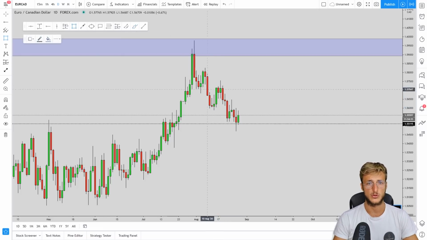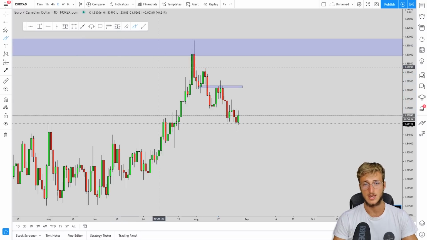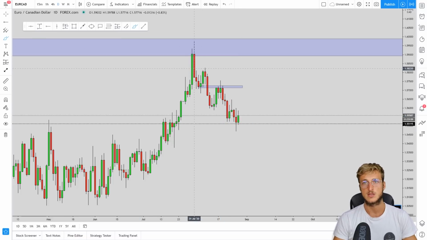Then again, we spoke about EURCAD after the market had completed this retracement, and we said that from here, we wanted to see the market give us another impulse to the downside for the creation of this impulse, correction, and impulse pattern to the downside, which is exactly what the market did. And obviously we capitalized on this move to the downside with students. And then again, we spoke about EURCAD after this impulse and correction, explaining why from here we wanted to see another move to the downside to go and test exactly this monthly structure, which again is exactly what the market did. And I will link all this previous analysis in the description so you can go and check it out for further reference and more free education,